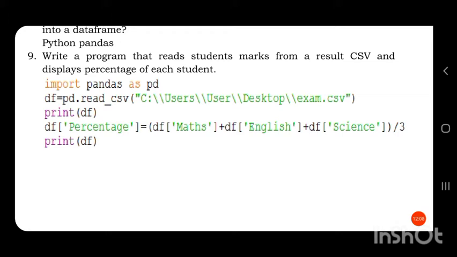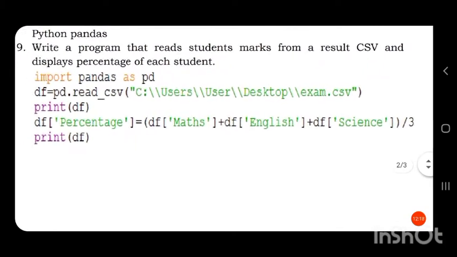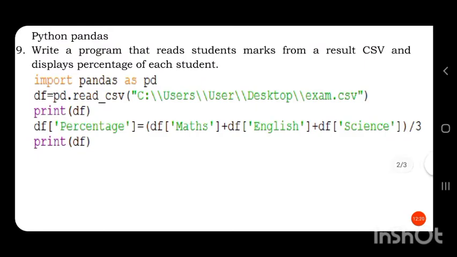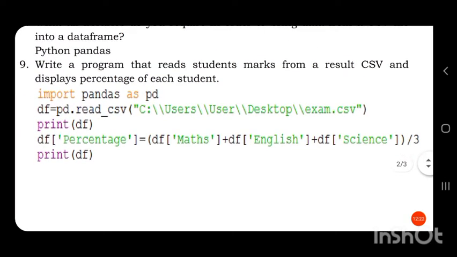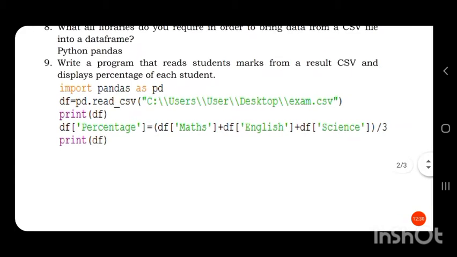So, we want to display the percentage. Here I have created a CSV file called exam.csv. Here in the question it is said result CSV, but unknowingly I gave the name as exam.csv. So, here import pandas as pd, then we have to import the CSV file.